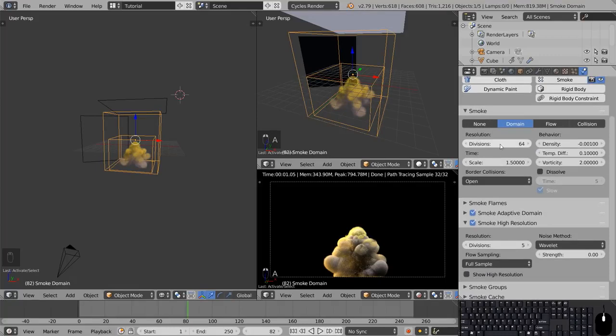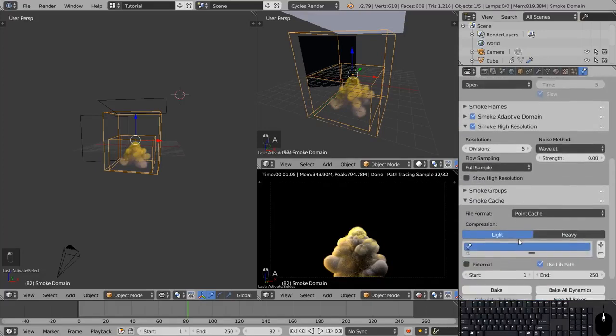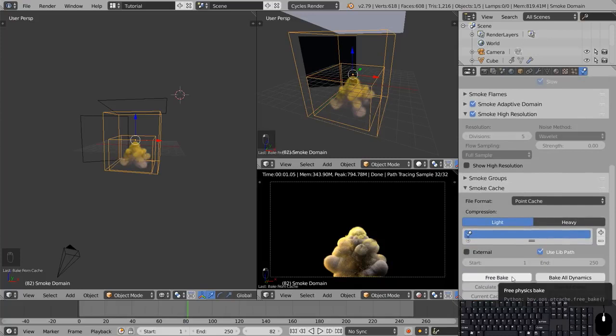I'm going for a domain value of 64 and a smoke high resolution value of 5. The wavelet noise strength is set to 0. To bake the smoke, scroll down to the smoke cache and simply hit bake. If this is greyed out and you can't access these options, you simply need to save your Blender file before